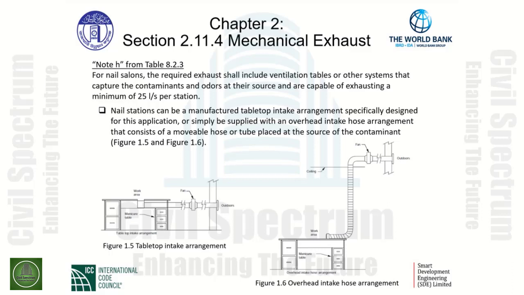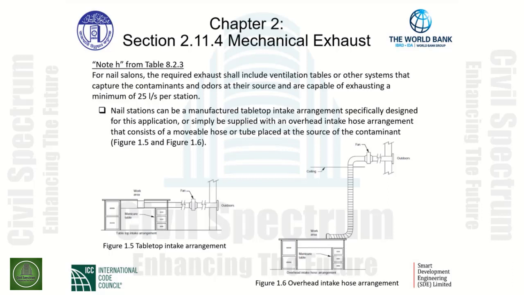As seen in Figure 1.5, this is a tabletop intake exhaust arrangement. At the work area shown on the tabletop, this is where we would get a minimum of 25 liters per second per nail station. As shown here, we have an inline fan that draws air through the inline fan and directly to the outdoors. Figure 1.6 gives us another application, where we have a flexible duct